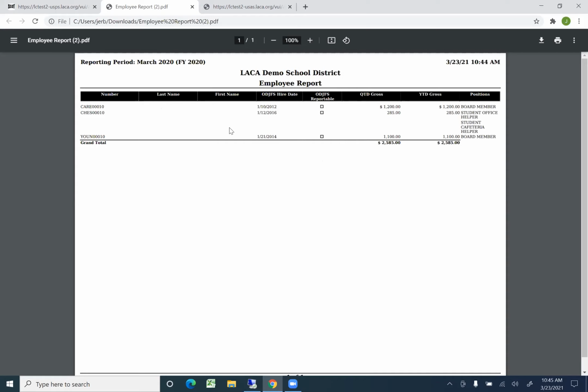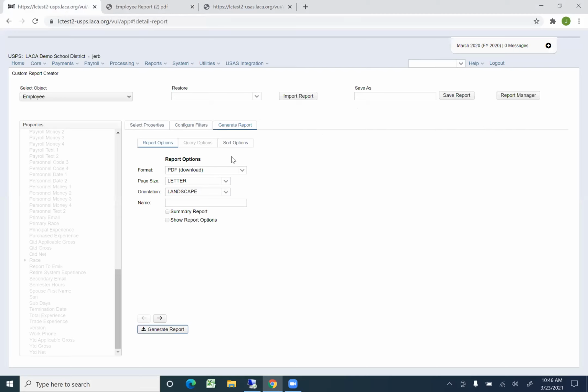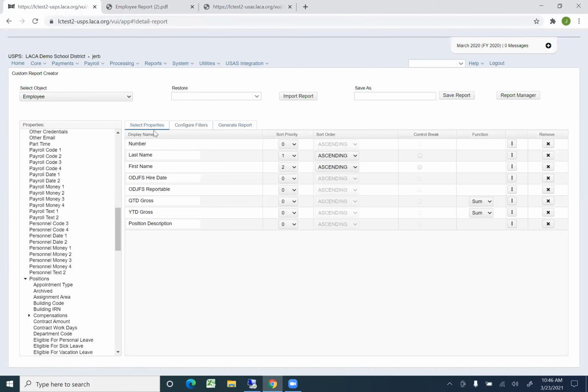So I think I'm going to go back and maybe look at modifying the report, maybe change the fields or the properties that I've added to try to make this look a little better or include the information that I would like. So, as I go back to my USPS, I can go back to my selected properties and we'll maybe see